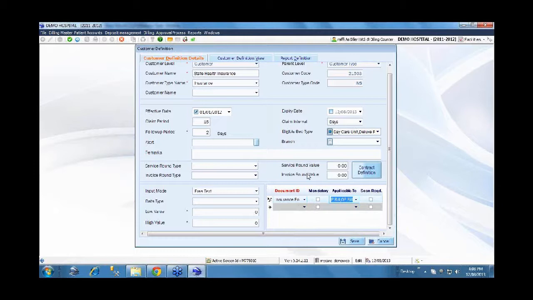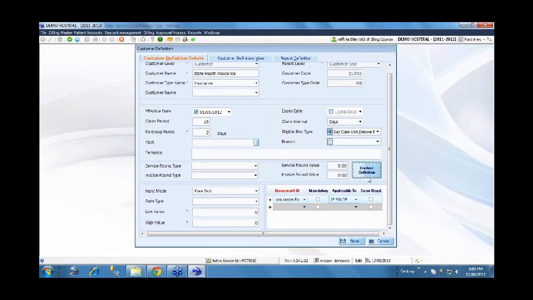So this is the overall customer definition, as to what information we capture in general against each customer, and again this is one-time information which you need to define. The next major thing, which is the main difference we have with any other system in the market, at least the majority of the systems in the market, is the ability to define the contract of this particular insurance or TPAs in terms of a rule.